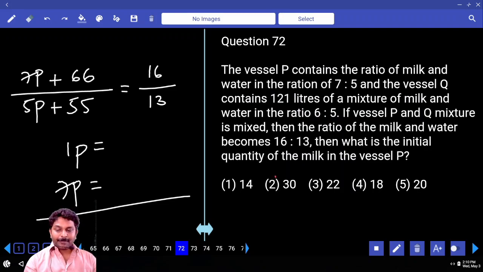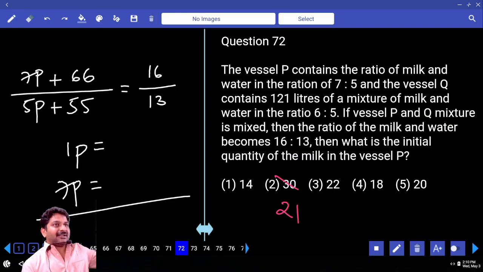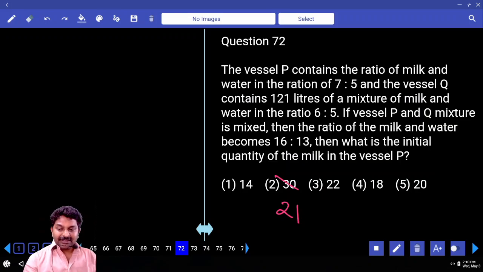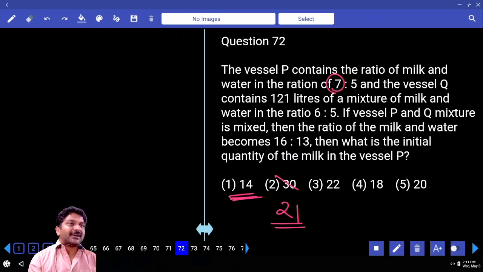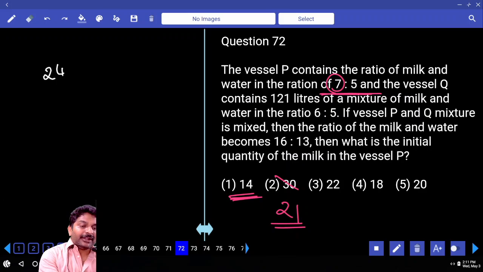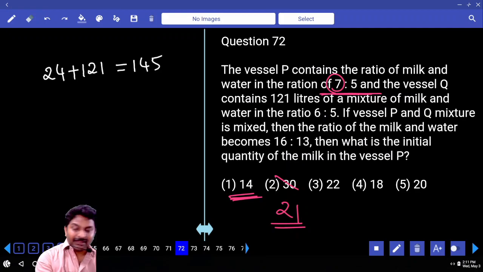For example, 2 options are there. In general, I don't prefer this one also. What I do is, the answer is either first option or second option, correct? If 7 parts is equal to 14, what is 1 part value? Total how many parts do we have? 12 into 2, 24 liters added with 121 liters, then we have 145, correct? Now that is divided in the ratio